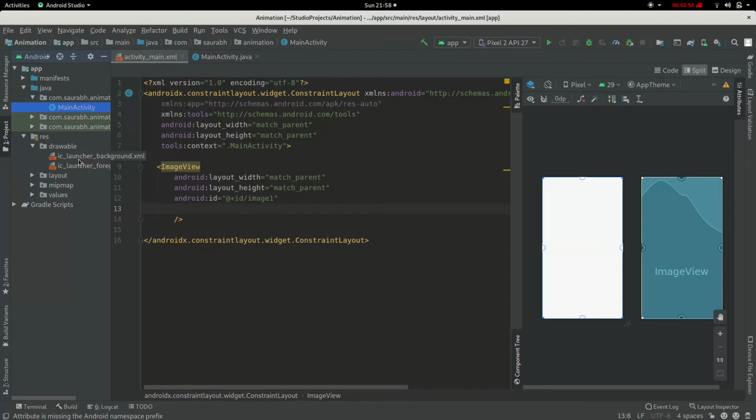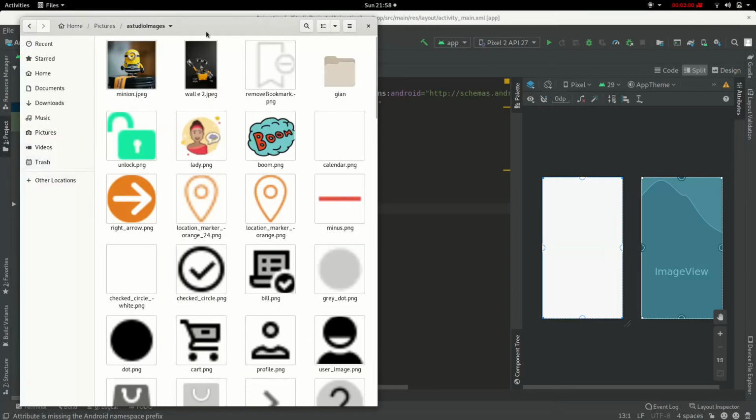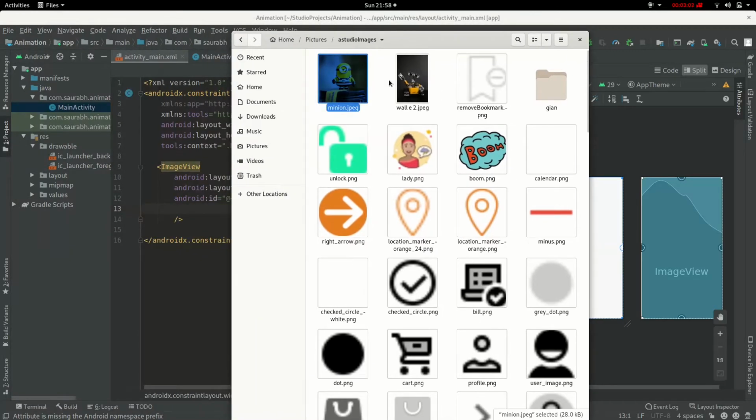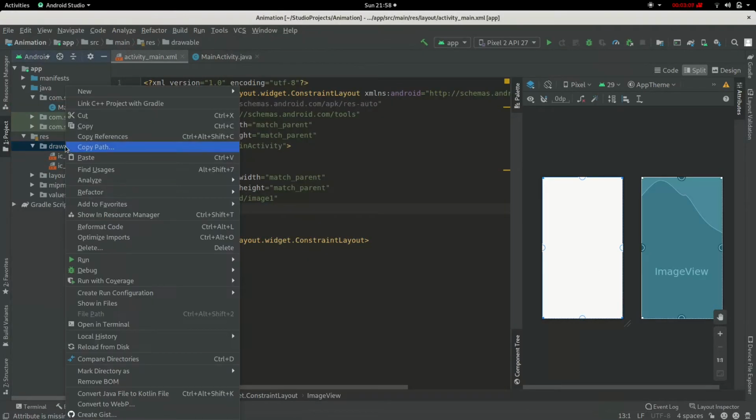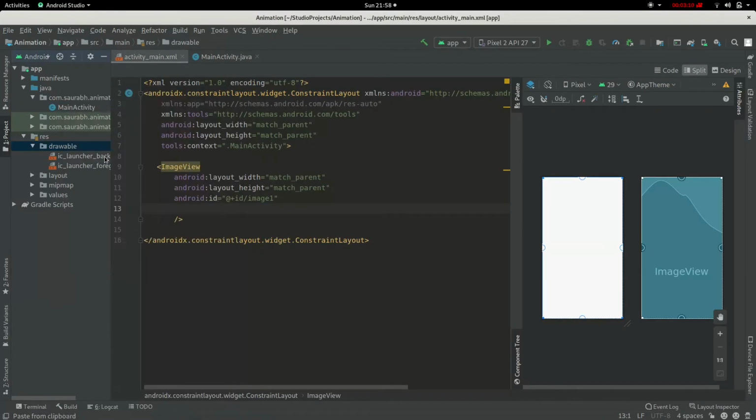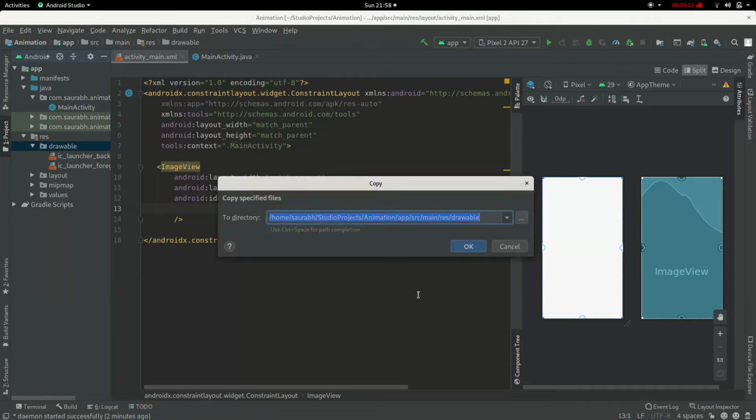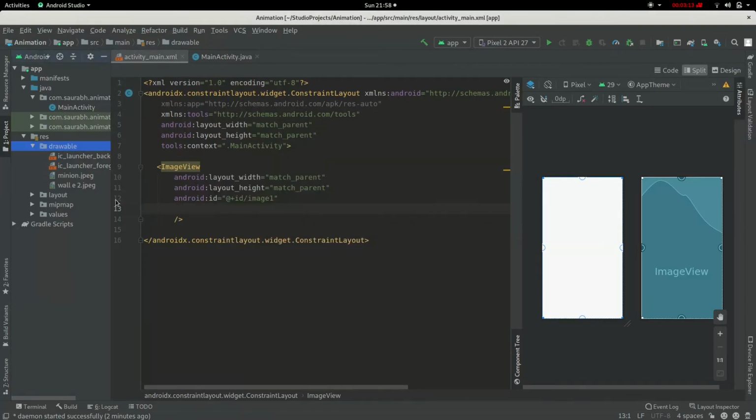We will learn how to create layout files, but now we need to bring up the images in the drawable folder. So these are the two images, Minion and Wally. So I will copy it and paste it here. Click OK.